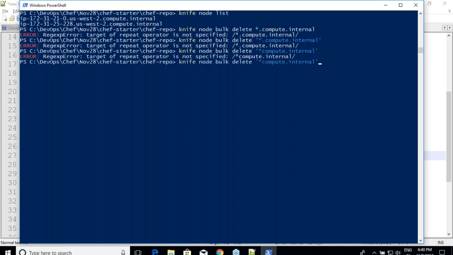Let me try one wonderful thing. To my knowledge, star means all in regular expression.